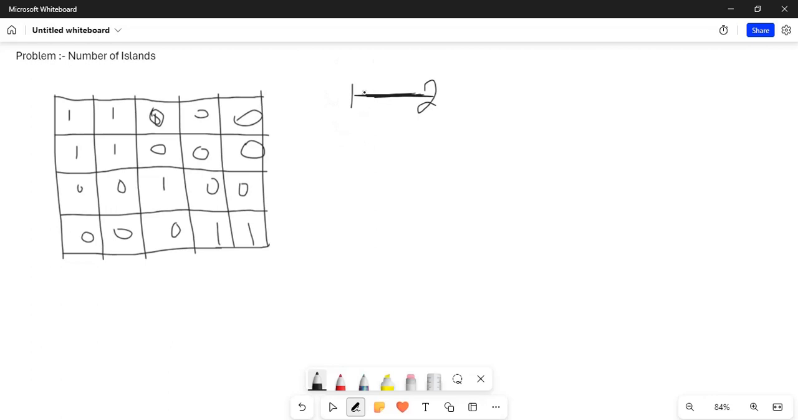solving this problem, can we imagine one imaginary edge present horizontal and vertically to connect this land? You can imagine one virtual edge between horizontal and vertical. This is the main trick to solve this question. Okay,